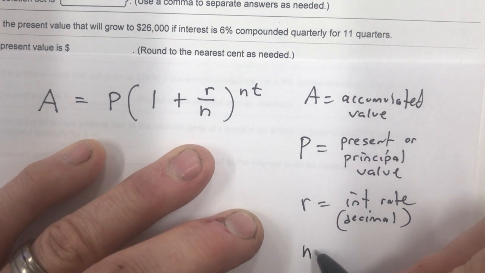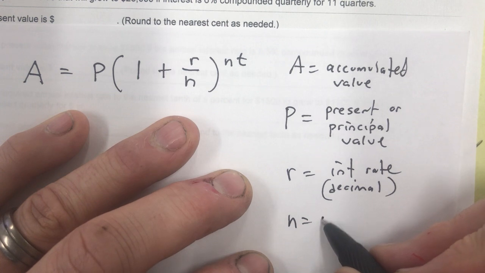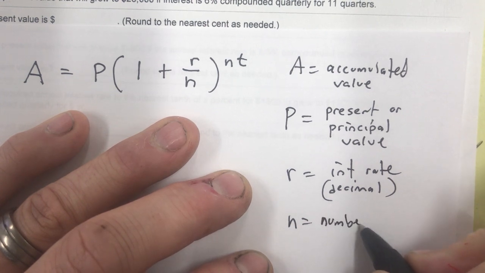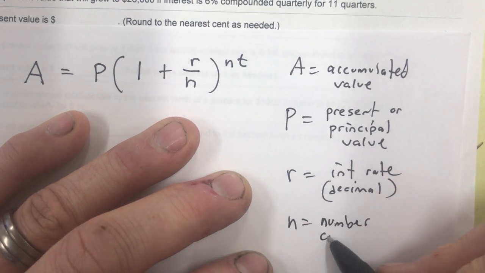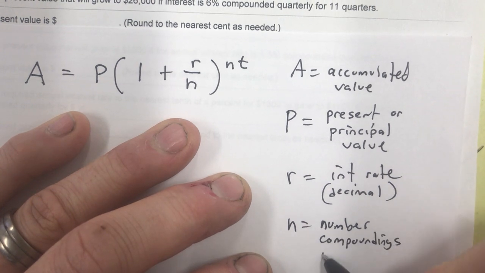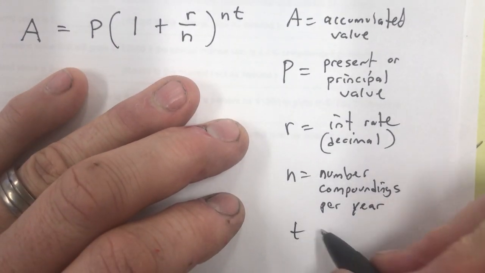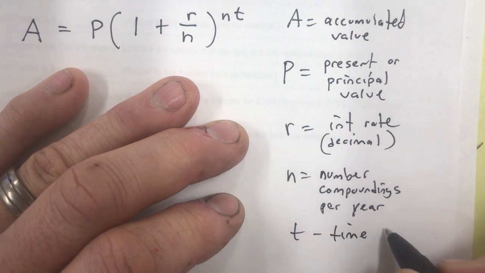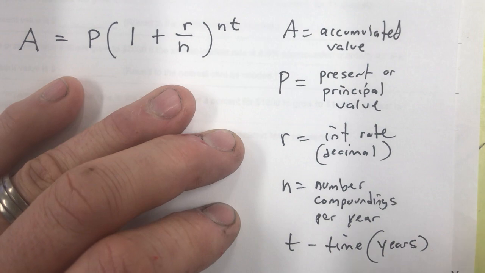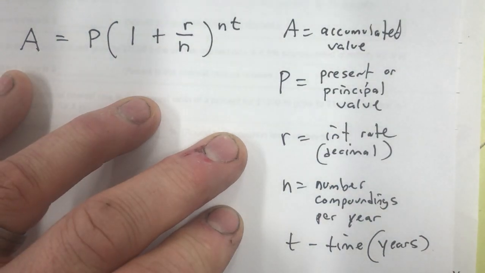And then we have n, the number of compoundings per year. And then t is time in years. So you might write these down, this equation here, or just take a picture of it with your phone if you want to,